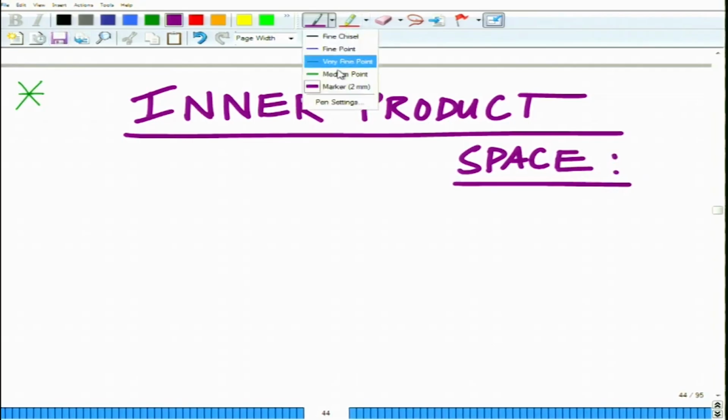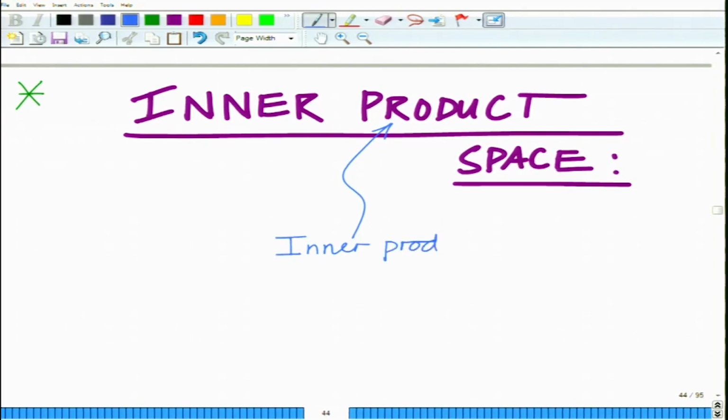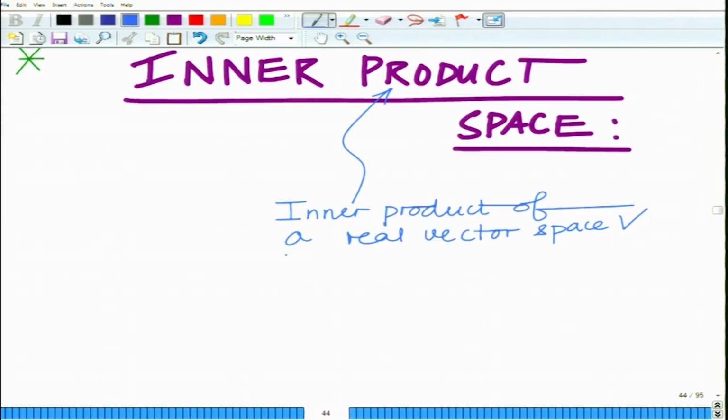Now, what is an inner product space? The inner product of a real vector space is an assignment of a real number